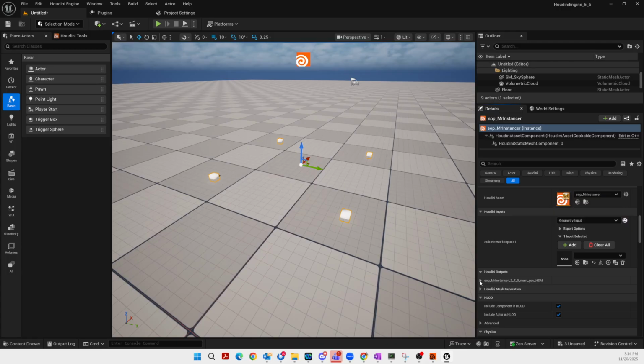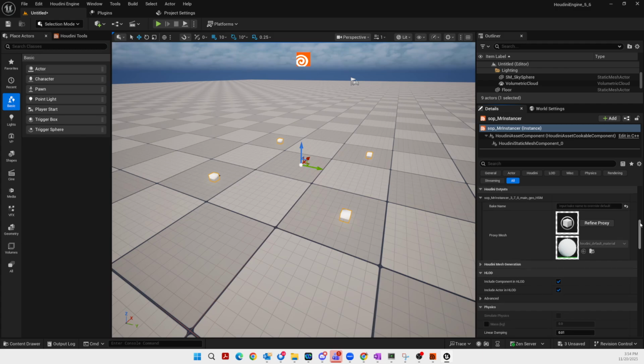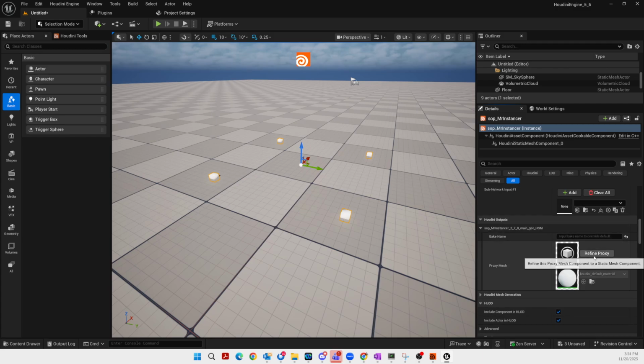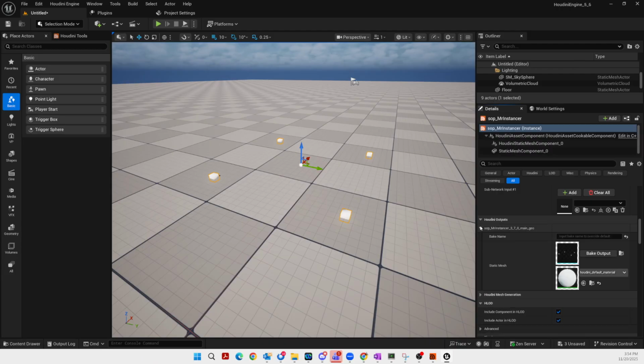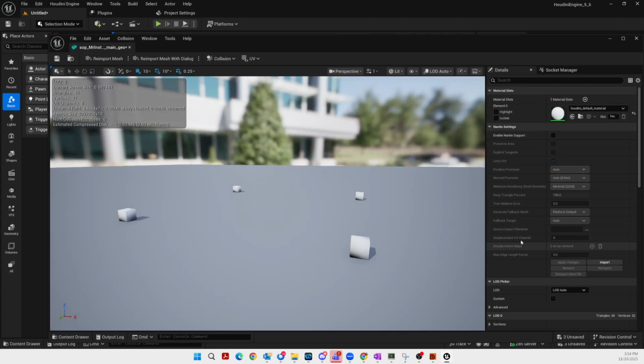outputs, the Houdini outputs, and this is a SOP Mesh Instancer, and so on. And there it is. It says, okay, it's got this abstract icon, refined proxy. I'm going to go ahead and click on that and then open it up again. And if we double click this and take a look at what's going on, we can see that what